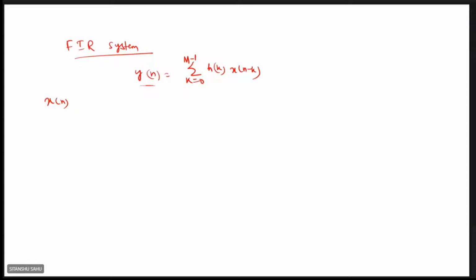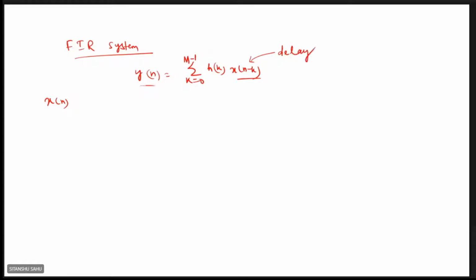Yes, sir. Okay. So that means whenever you put the k, so k is 0. So the first value will be 0 minus 0, that is x of the 0th value. Then when you take k equal to minus 1, it will be 0 minus 1. So it is 1 unit delay of the value, isn't it? So this is nothing but the delay that we are using. So this is the delay.